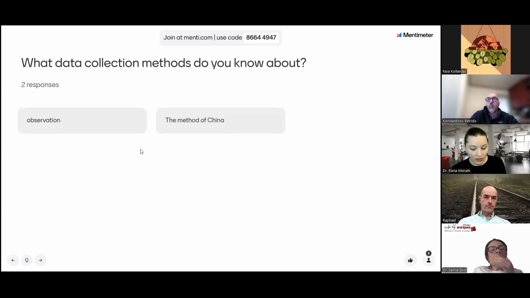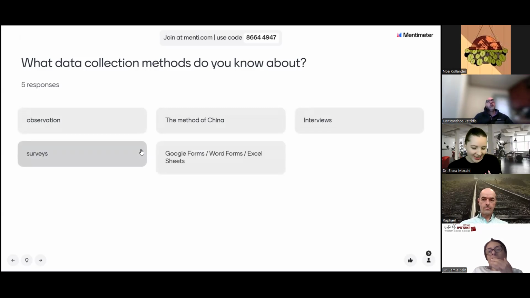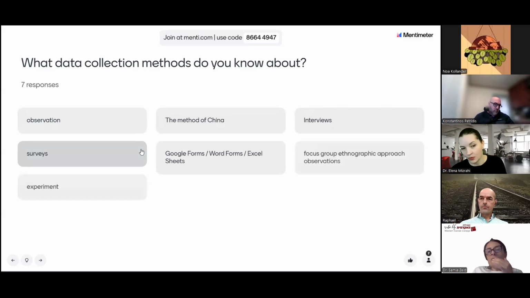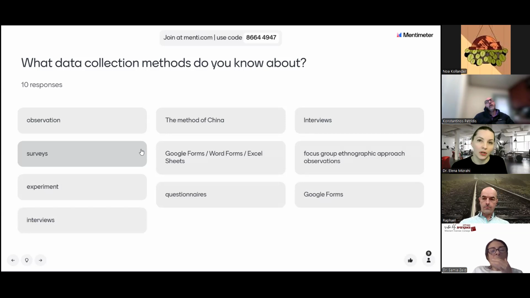So it's also called, I'll give you another term for this, method of China. Who wrote this? Please elaborate on that. That's interesting. Another term for this would be research instruments. So what would be the research instrument if we talk about research, right? But of course, we're not only doing real research as a researcher or scientist, we also have more down-to-earth use cases like teachers, for example, collecting data, or students doing their homework or their seminar paper, and they have to collect data for their mini research or a paper or something like,